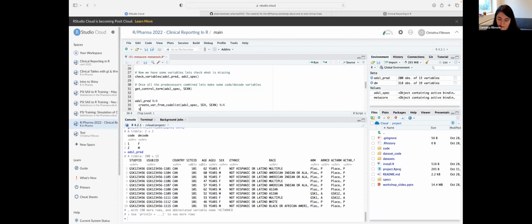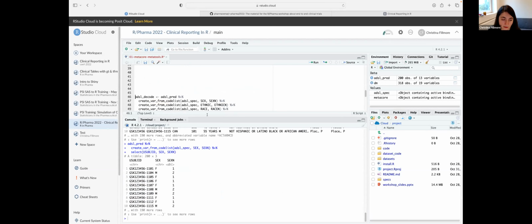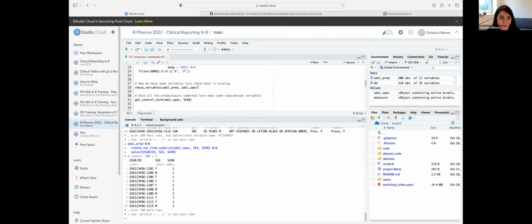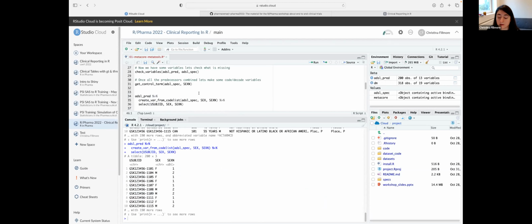And just to allow you to look at this a little bit easier, I'm going to select use subj ID, sex, and sex n. I'm just subsetting them to let you see what happened. So when we did this,